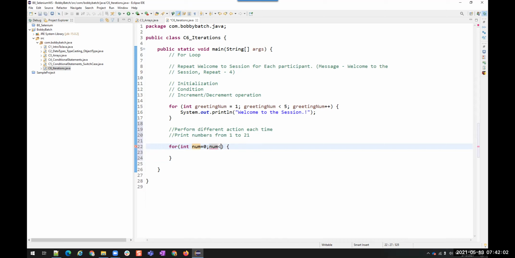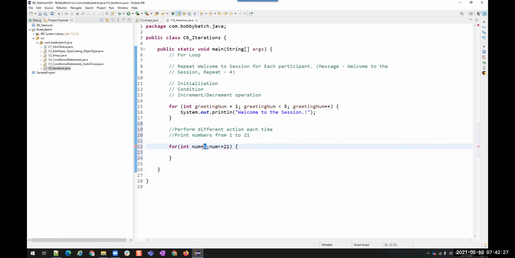Less than or equal to 20. Less than or equal to 21. Okay, are you sure? 20. Yeah, because we are starting from 0, it should be 20. If you are starting from 1, it should be 21. Anyway, we have to do it only 21 times.